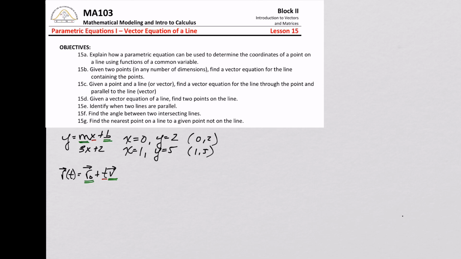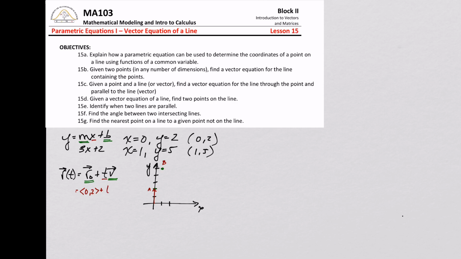And so now I want to figure out, how do I make the vector equation of a line out of these 2 points? Okay, and so I'm going to draw this graphically for 1 second. Now I've got these 2 points plotted, and I'm just going to label this first point A and this second point over here B. I told you guys that r naught is just a position vector to a point on the line. So we can pick either point and express it as a position vector to the point A. So I'm going to substitute 0, 2 into our equation,